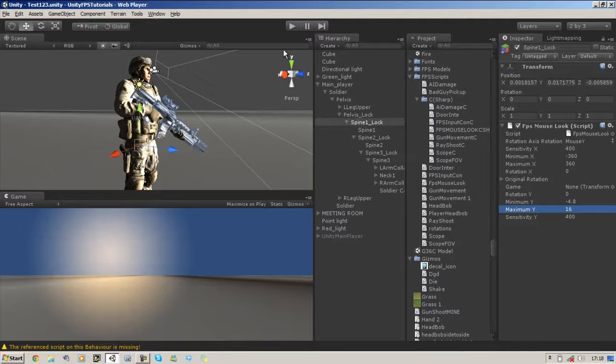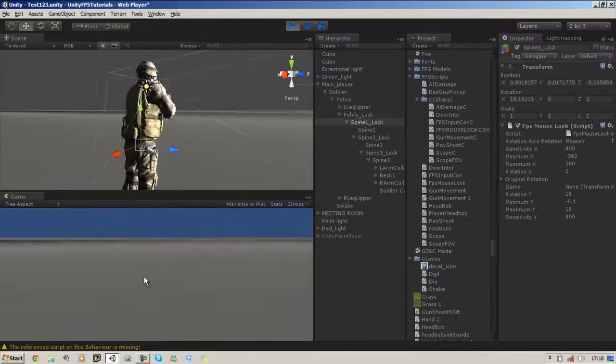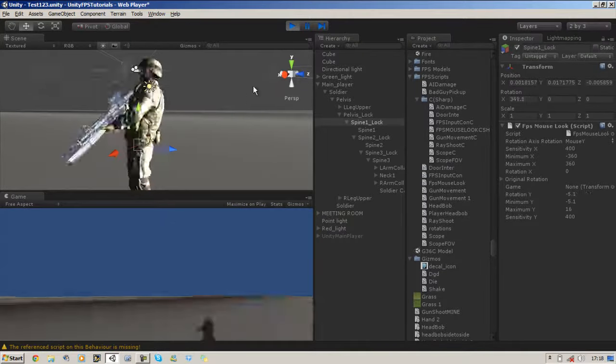Save, run it, try again. 4.8 is a bit too small. Let's put minus 5.1. That should be okay. Run it, look up, perfect, down, that's great. Okay,